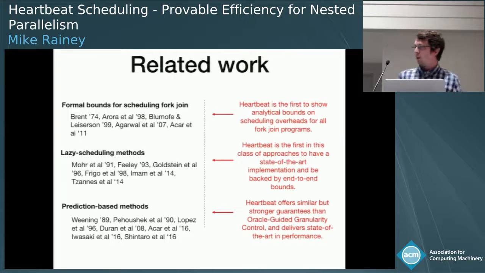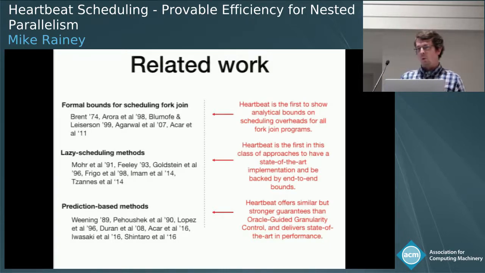So there's been a lot of related work over the years, and the first category here is work that tries to establish formal bounds for fork join. Heartbeat, this work here, is the first to include in that category granularity control with end-to-end bounds. The second category are approaches that try to tame scheduling overheads. Heartbeat is the first in this class to have both end-to-end bounds and a state-of-the-art implementation. There's also